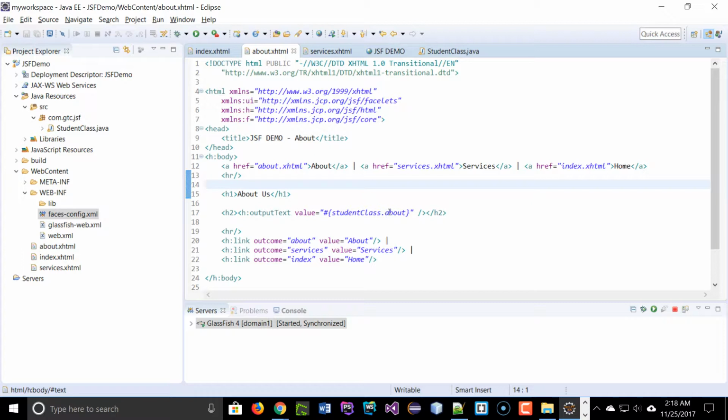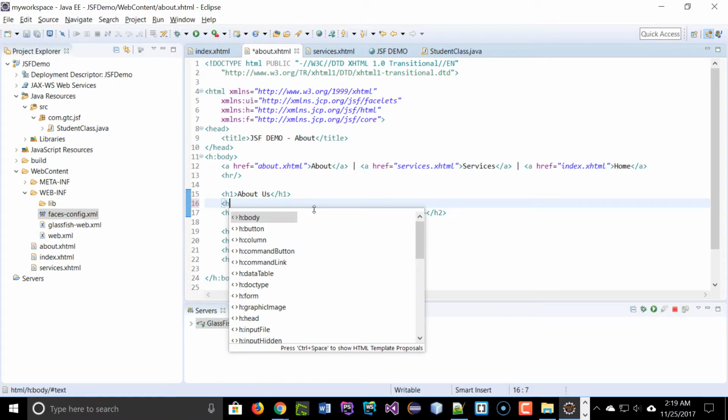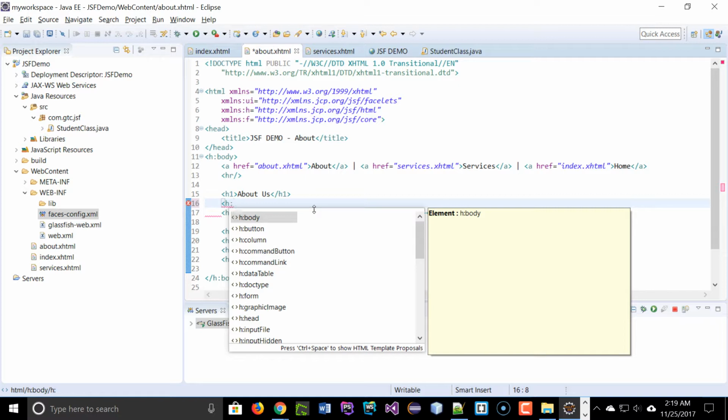You don't have to put the method in here, just call the property, and it's smart enough to know that it is a get method. Okay, if you want to set data though, I think you have to call the actual method. So for example, in the about, if I want to change that to something else, then maybe up here somewhere, I use a hidden input